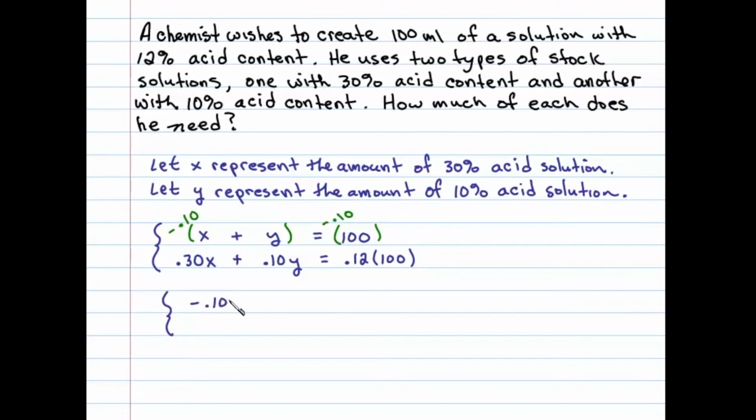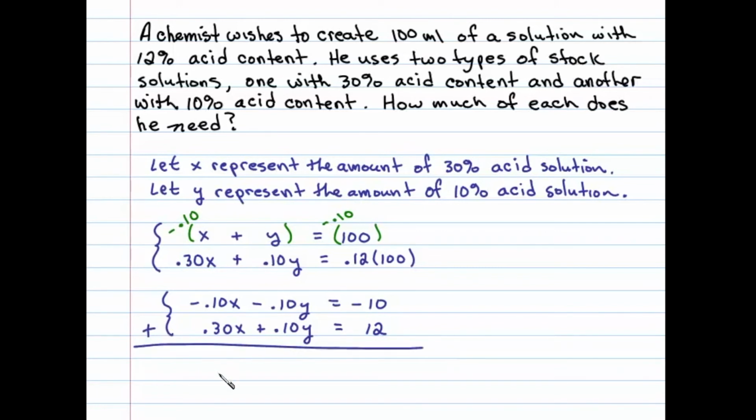Negative 0.10x minus 0.10y equals negative 0.10 times 100, which is negative 10. And for the second equation, 0.12 times 100 is 12. And we can see here the variable y is lined up to eliminate. Now let's add these equations together, and we're left with